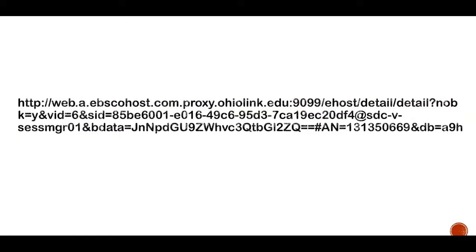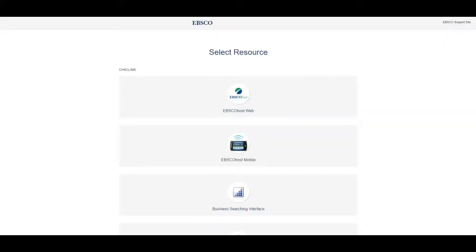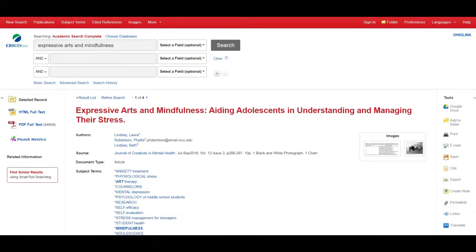If you take a look at the link that's found in the address bar of your browser, you'll notice that it is full of garbage, basically. That's a temporary link that is generated with a bunch of temporary information. It will expire after your library session ends or when you close your browser. If you try to use that link to get back to this page, you'll just get an error message. So you want the permalink to get back to this page.